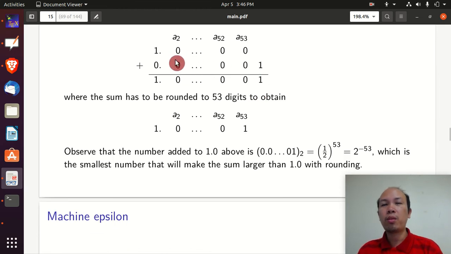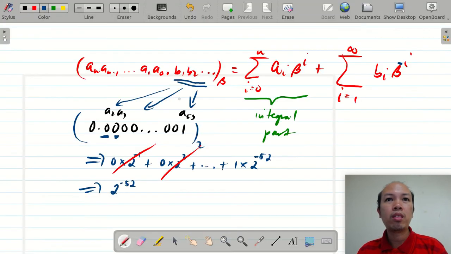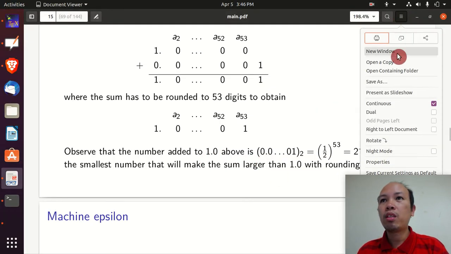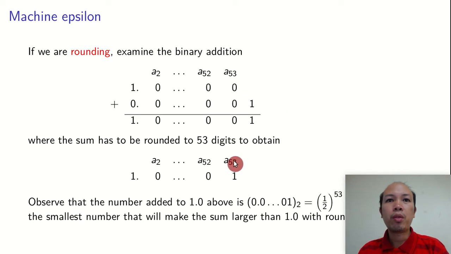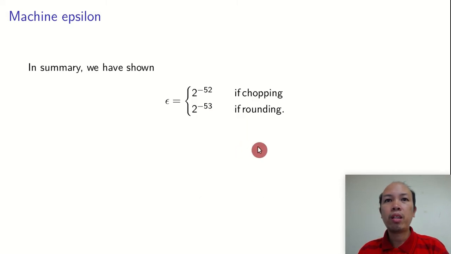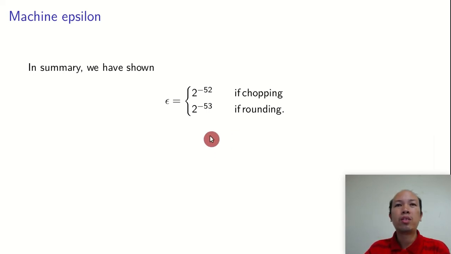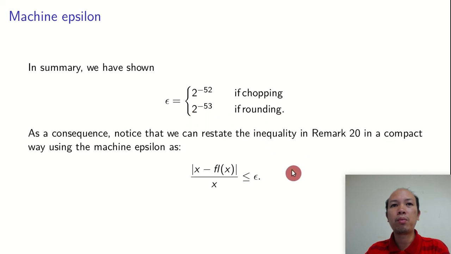This is how you are going to convert to a decimal number, and the answer is 2 to the negative 53. The same method, just use this one. Okay, this idea. Okay, that's for rounding. Okay, so if we combine those ideas, if chopping you have 2 to the negative 52, if rounding we have 2 to the negative 53. So in remark 20,